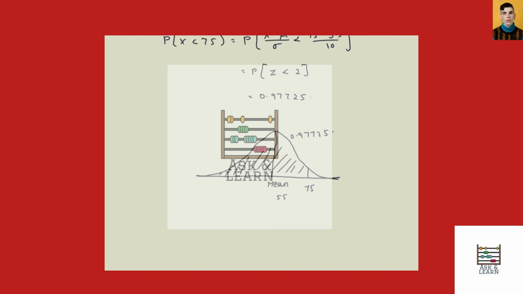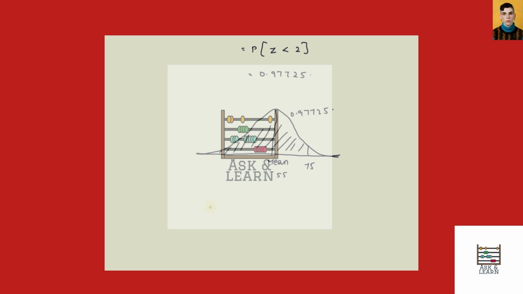So this is the area, the probability of score 75, the area which is 0.97725. So now we conclude our final answer for the subparts. The proportion of people who have a score less than 65 is equal to 0.84134. Then for subpart B, the probability of scores between 35 and 70 is 0.9112, and the number of students out of 1000 who have scored between 35 and 70 is 911. Then for subpart D, the percentile of someone who has a score of 75 is equal to